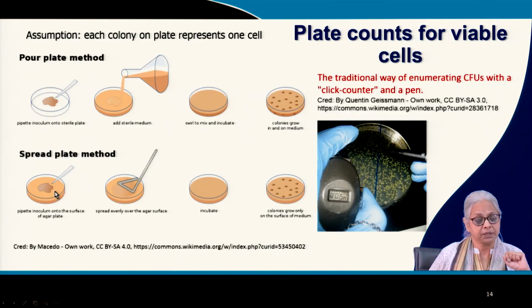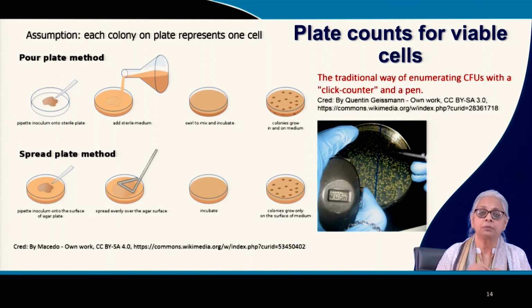So here we have a spread plate. Now in spread plate, the nutrient agar has already been solidified and a small amount of inoculum is added. We generally add either 0.1 ml or 1 ml of inocula. So this is added to the surface of the already solidified media. A spreader, the spreader can be plastic or glass. It's a hook-shaped object and it's used to spread the sample over the agar surface.